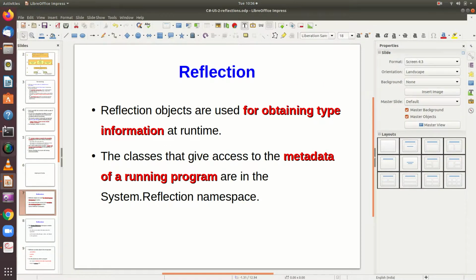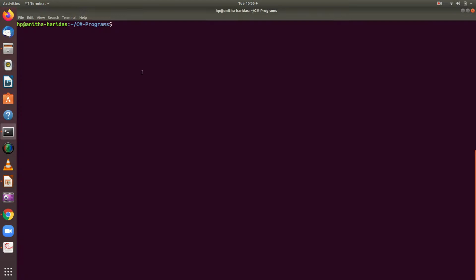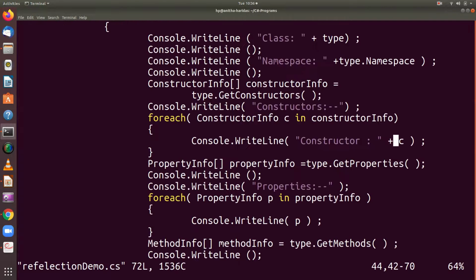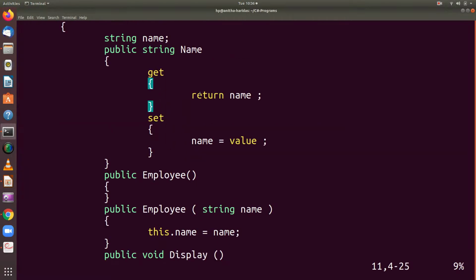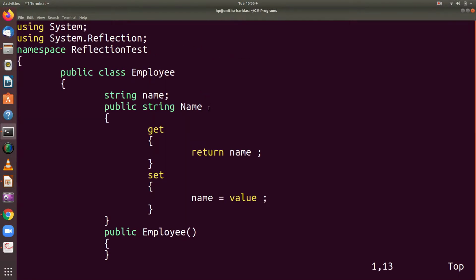I am opening the terminal, and in the terminal I have a program. Let us see the program first. I have a simple program. So observe the program.